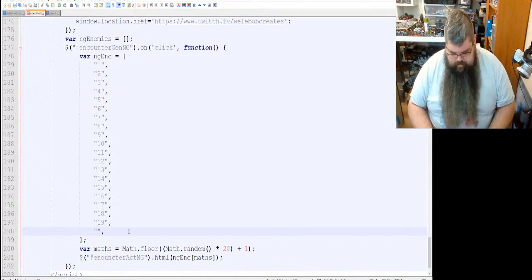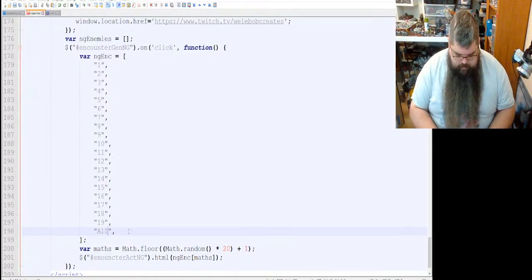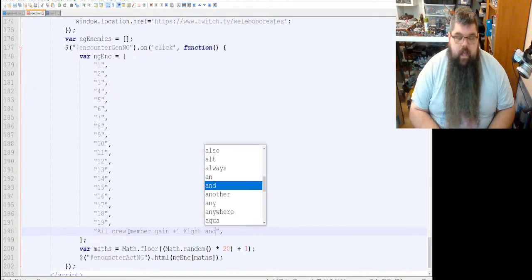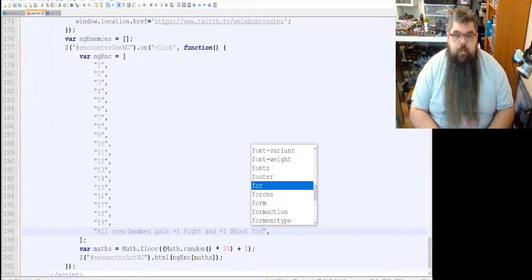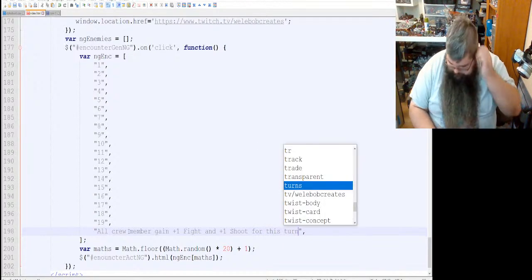What could happen on 20? All crew members gain +1 fight and +1 shoot for this turn.